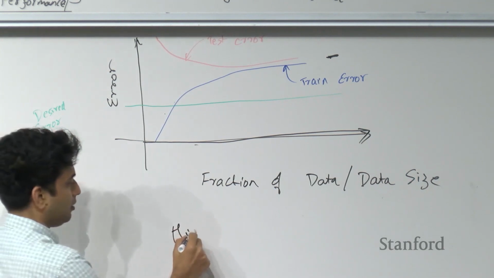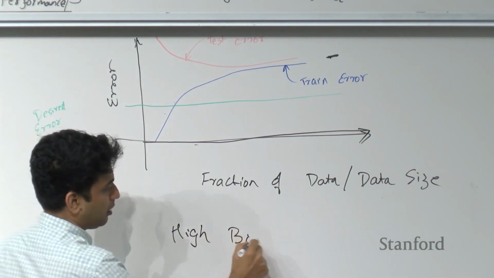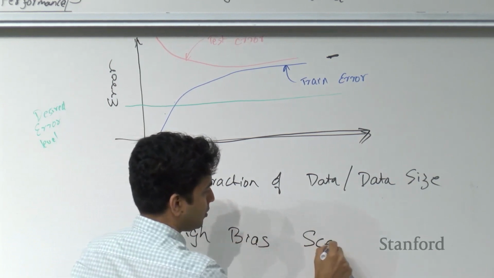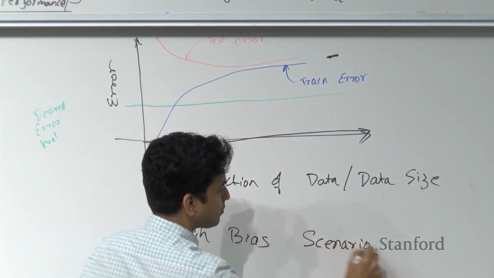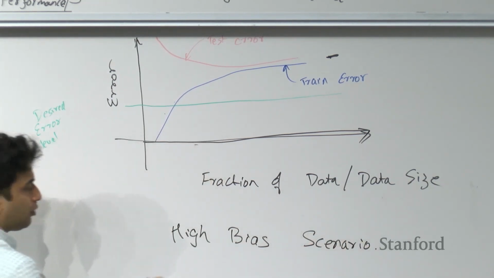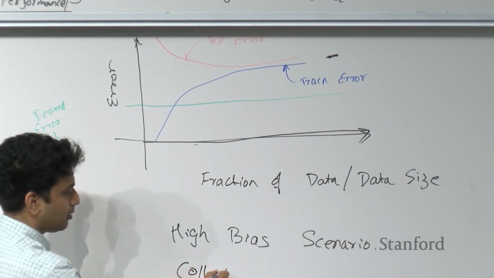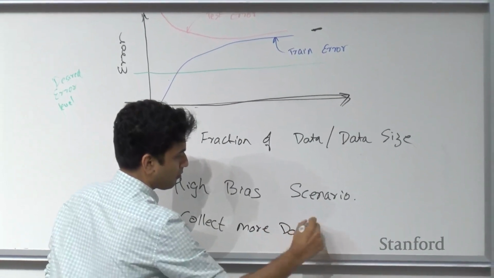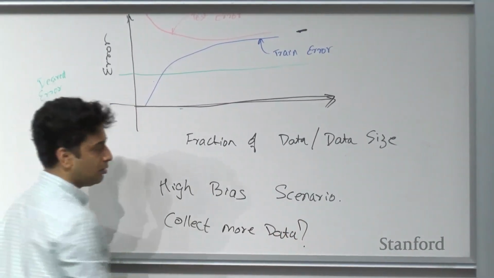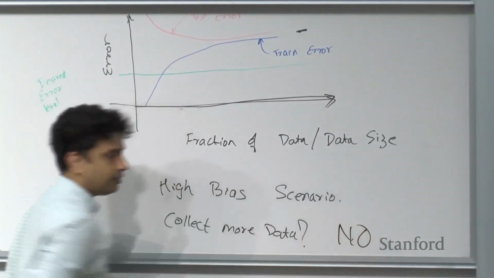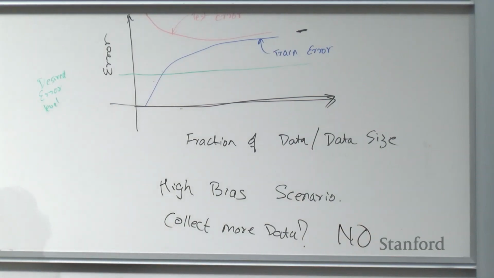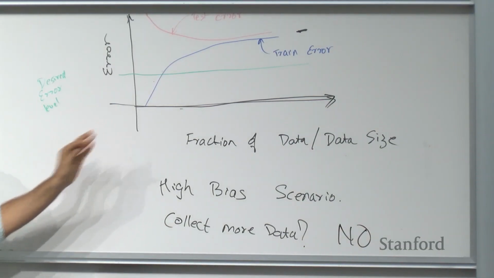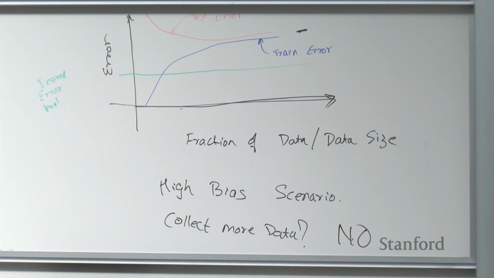Think of this as a high bias scenario. And for the question of collecting more data, the answer is no. Right? So collecting more data should not be the first thing you're thinking of in such a scenario. Right? However,